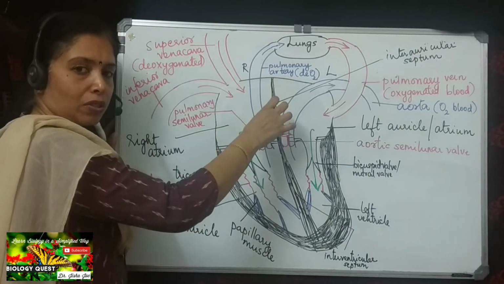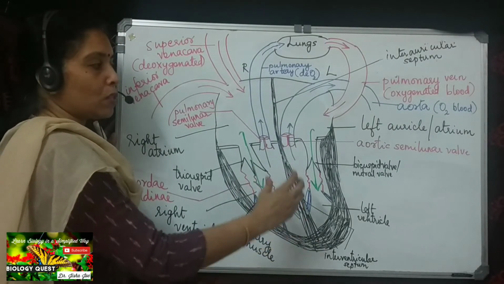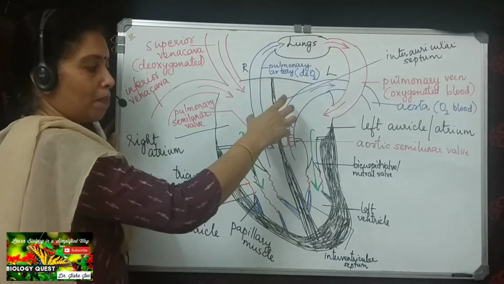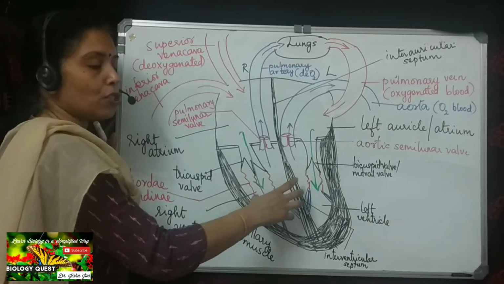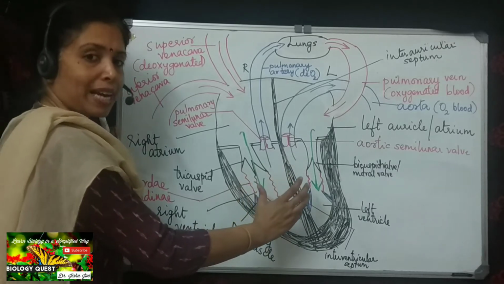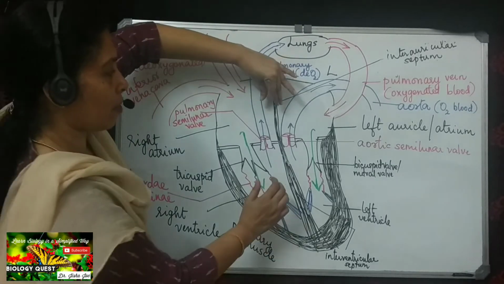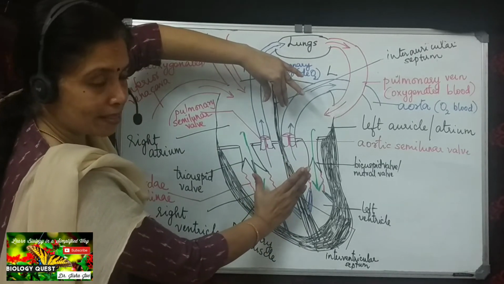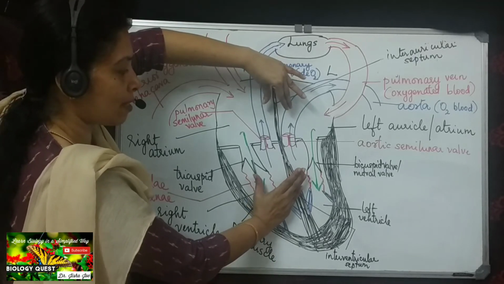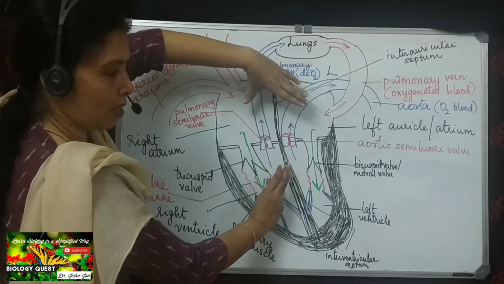As the auricles contract, simultaneously what happens in the ventricles? The ventricles relax. So when the auricles contract, the blood from the auricle is passed through the cuspid valves into the ventricles. Now the next stage is the contraction of the ventricle. In this stage the auricles are contracting and the ventricles are in a relaxed state. Now the ventricles have received the blood from the auricles. Now the next step is the contraction of the ventricle and the relaxation of the auricle.